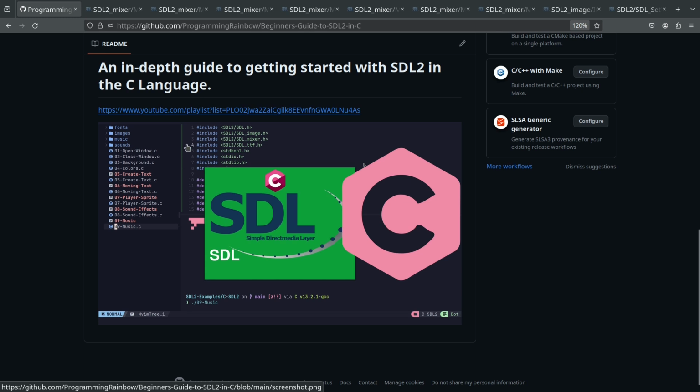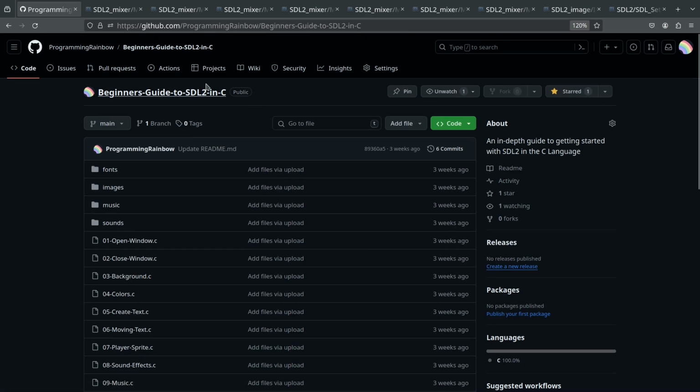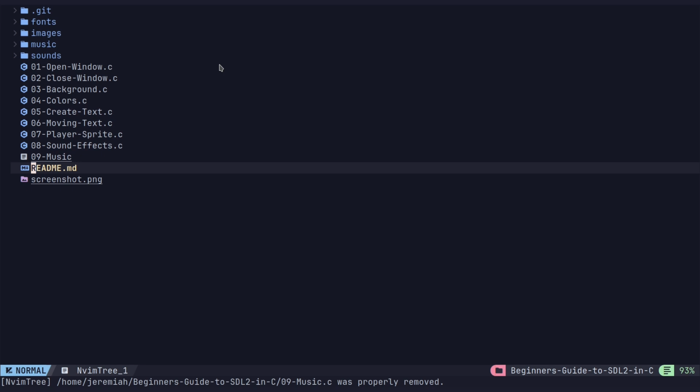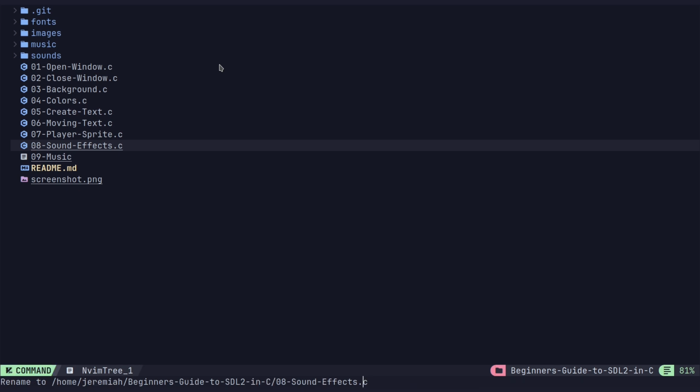Okay, so we have seen the GitHub. Let's look at the code. Like I said, I'm not going to be using this existing 9 code. What I'm going to do is I'm going to delete this one. And I'm going to take the 8th code. I'm going to copy that. And then paste it. And then I'm going to call that,